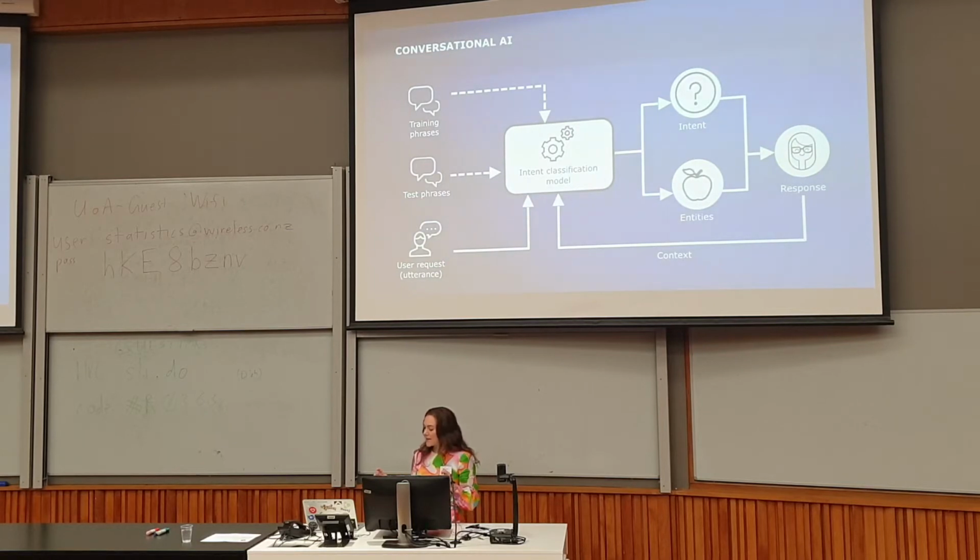So what we do is take what the customer says, the user request, we sometimes call that an utterance, and we define a certain intent that is behind that. We train it with loads and loads of different phrases, so we have to imagine all the different ways that you might ask that same question. We test it out, and then hopefully it can match your question to an intent and then trigger the response that Jamie says back to you. You do this over and over again, and it becomes a conversation. We also extract some bits of information called entities, and we use something called context to drive the next step in the conversation. So when customers are having these conversations all the time, we accumulate a huge amount of data,